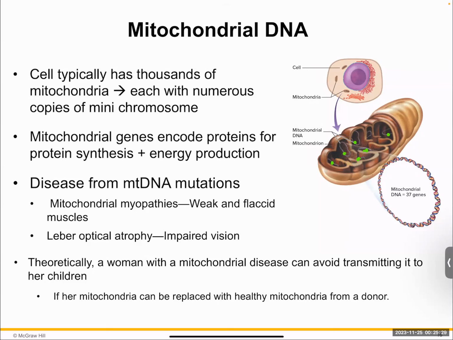One of these is called mitochondrial myopathy, which is associated with weakening of the muscle, and then Leber's optic atrophy, which causes damage to the retina of the eye and causes loss of vision. Even though mitochondria